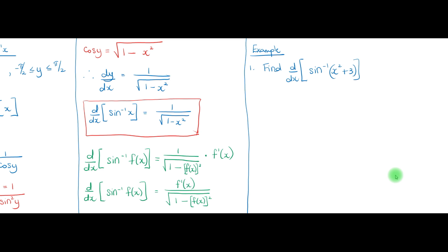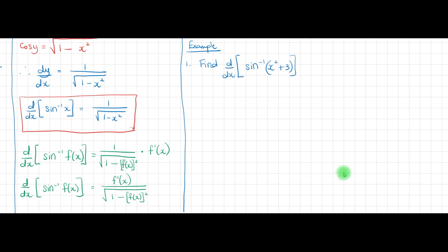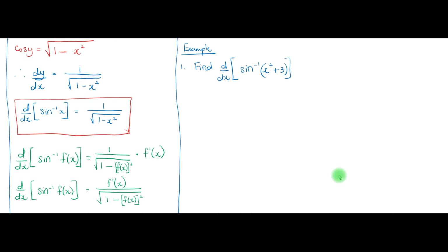Here we have the derivative of sine inverse of x squared plus 3. It's going to be equal to 1 over the square root of 1 minus f of x squared, so this part here squared, times the derivative of x squared plus 3, that's 2x. So that gives me 2x over